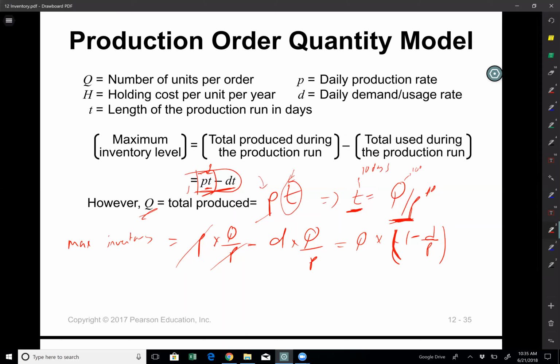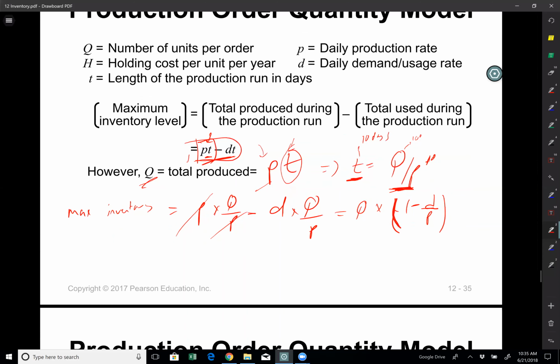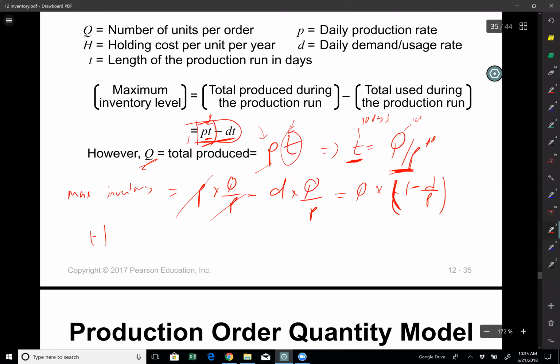All right, so now I can plug this one into my holding cost calculation, right? Holding cost is nothing more than my maximum inventory divided by 2, which is average inventory. So that is Q over 2 times 1 minus d over p, right? Because we divide by 2 because